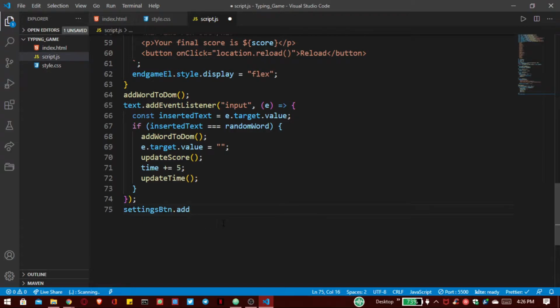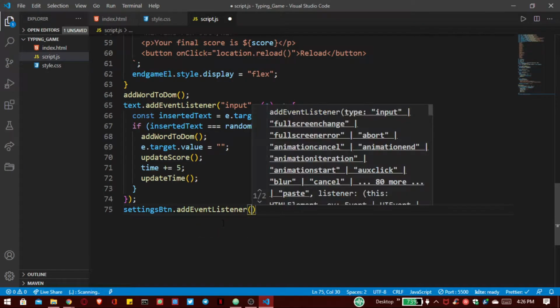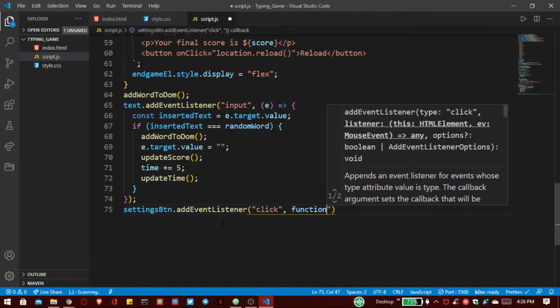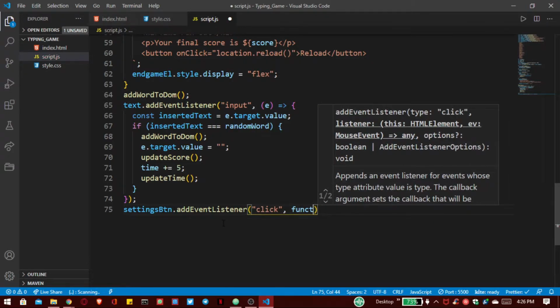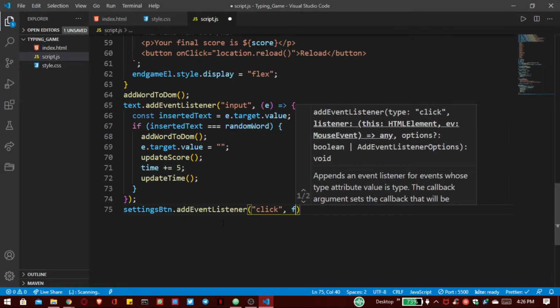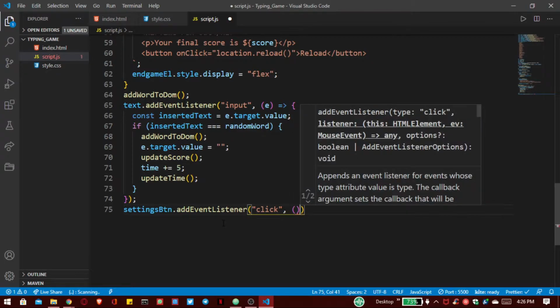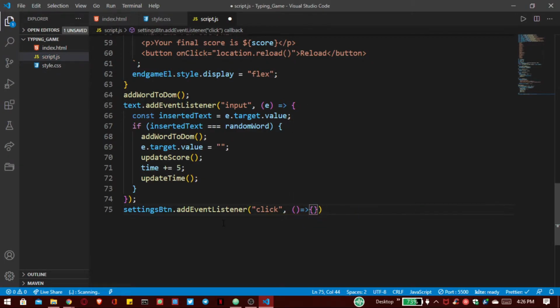dot add event listener because we want to add an event listener that is click. So if we click on that button, after that it will go inside this function.